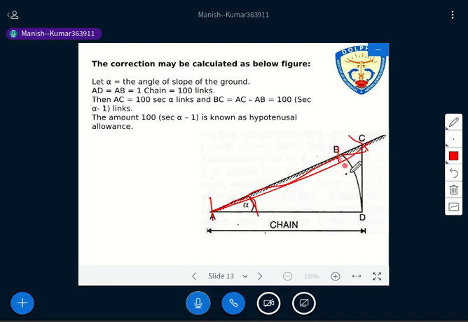Now you just make an arc, right? You people already know that figure. If you fix one thread here, we can rotate it, and an arc can be made, isn't it? So now we have to make an arc like that. If the arc is dropped at the point D, it means AD is also a chain length. Is it clear? AB is one chain, right? Now from here we are making one arc. The other point of the arc is at D. So the length of AD is also one chain. Is it clear? Have you got this point here?